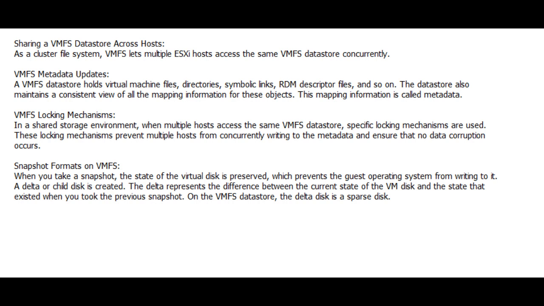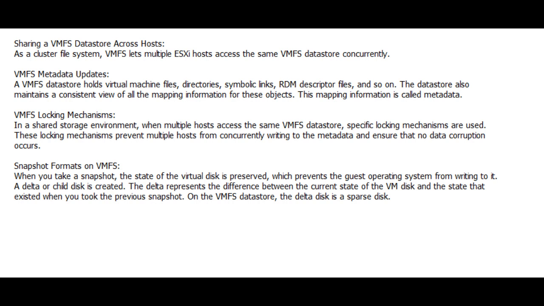VMFS locking mechanisms. In a shared storage environment, when multiple hosts access the same VMFS data store, specific locking mechanisms are used. These locking mechanisms prevent multiple hosts from concurrently writing to the metadata and ensure that no data corruption occurs.